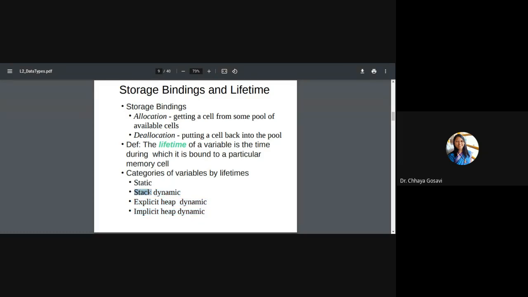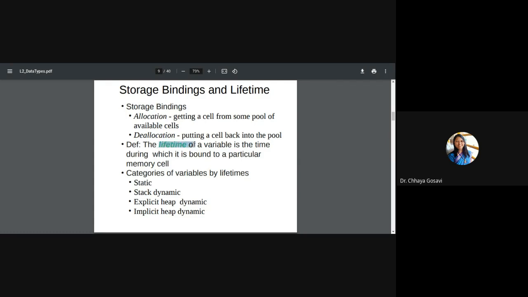Stack is used by your program for storing inbuilt variables, procedure activation. We are going to see that in the next topic. So when a program is executing, it requires some memory for storing intermediate results or to call a function or variables of that function. So stack memory is used, and heap memory is explicitly or implicitly used by a programmer dynamically to allocate and deallocate. And what is a lifetime?